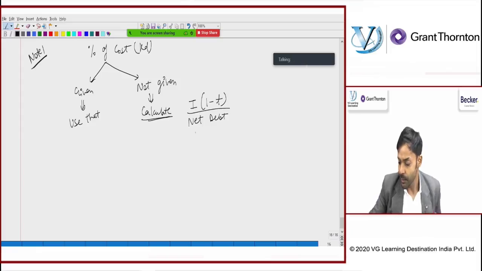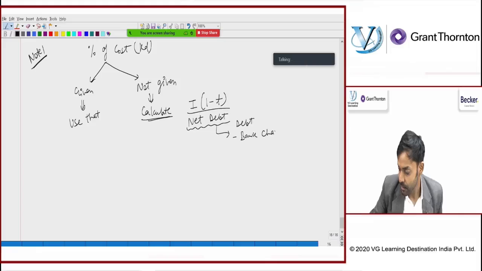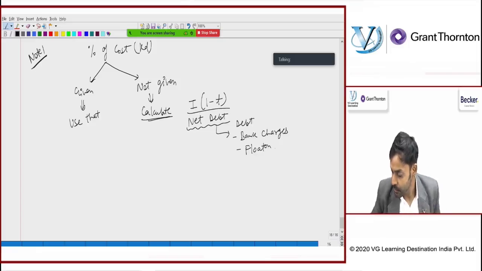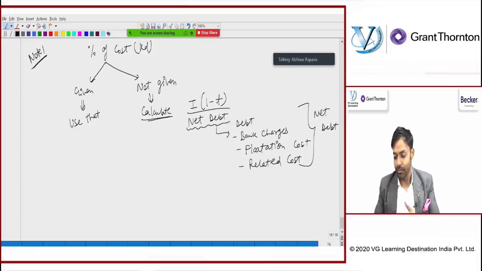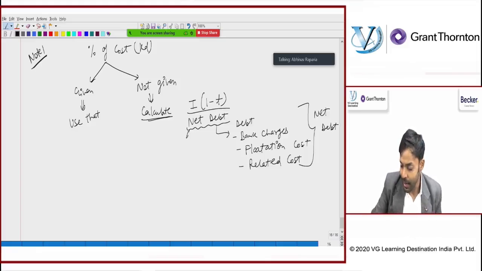What is net debt? When you're raising any debt, you have to pay some charges on that. So that will be debt minus the bank charges, in case you have to pay bank charges, you reduce that. In case you have to pay any flotation cost, or any other related charges, you'll reduce that, and then you'll get the net debt, right? Because you will calculate on what is the net amount, what is the net cash flow I have received,